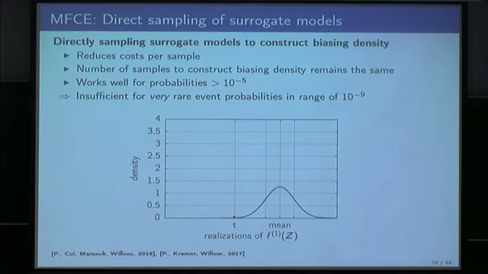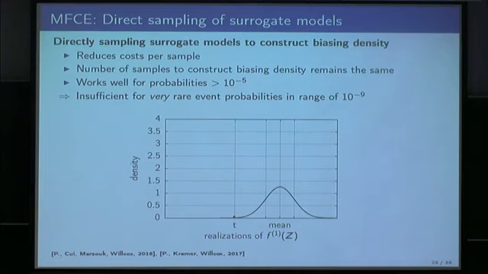Okay, so this is what we build on, and I have it a bit more in detail here. Let's say we have steps i is 1 to T. Then we know that for each Ti, there is a corresponding optimal biasing density, optimal in the sense that the variance is then set to 0. This optimal biasing density is known up to a normalizing constant, which is exactly the quantity we want to estimate, so we cannot directly use it.